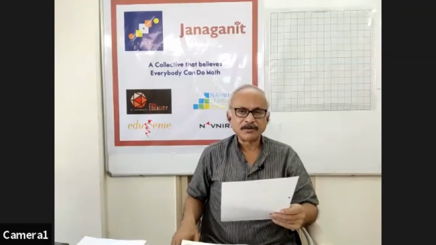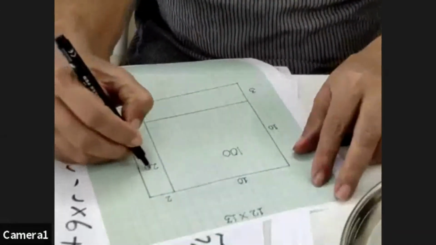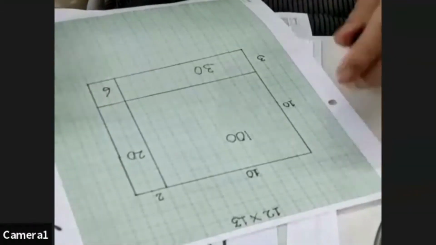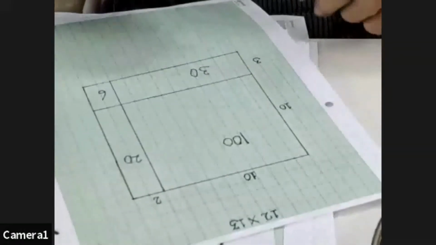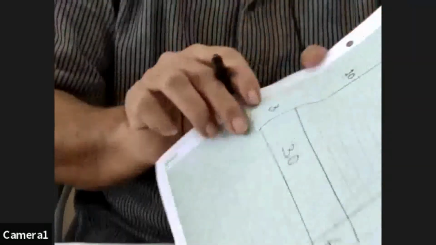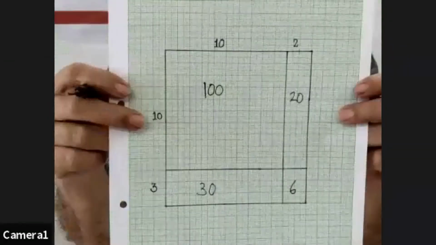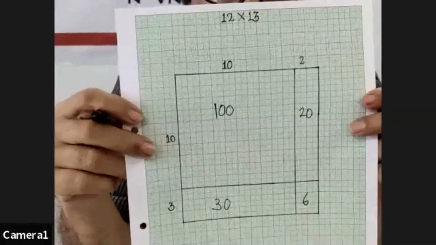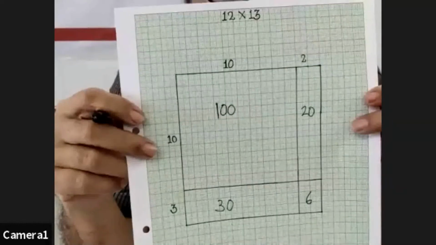So please write inside your rectangles the name of the rectangle, the number which represents its area. So the first part is 100, the second part is 20, the third part is 30, and the last part is 6. And further,